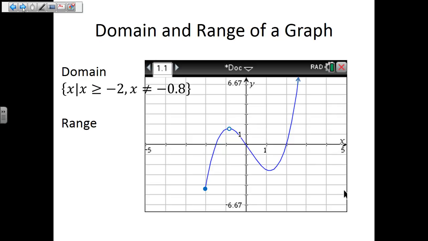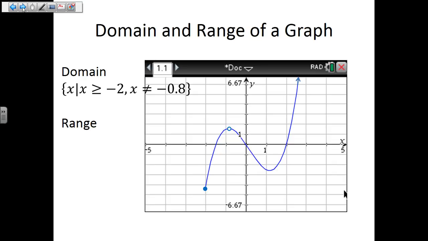So I say x is greater than or equal to negative 2. X does not equal negative 0.8. Now there's a couple different ways I could do that. I can actually do it in 2 intervals, but I like this way because it's just a hole. It's just one little gap there. So go ahead and just say that x is greater than or equal to negative 2, but x cannot equal